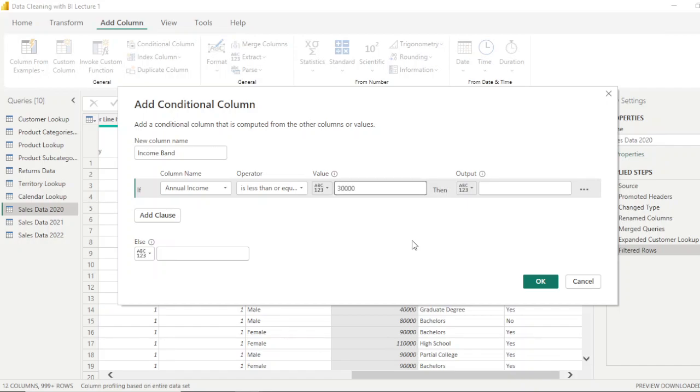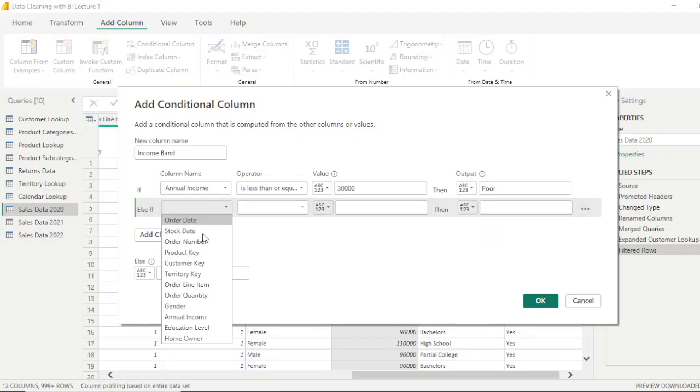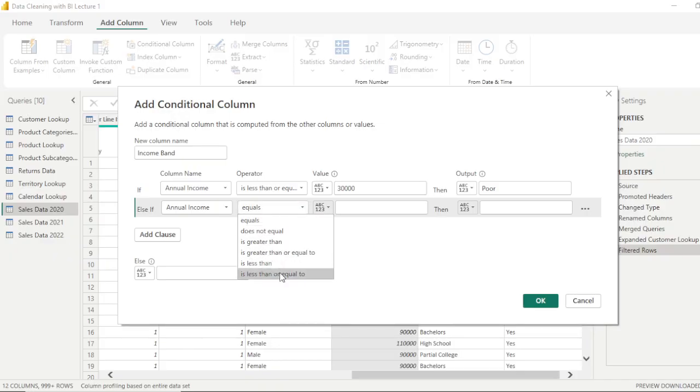Less than 30,000 is poor. Then add clause, annual income is less than or equal to 75,000. So it will be average or middle class,